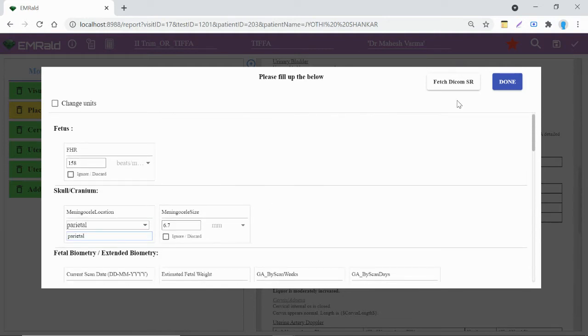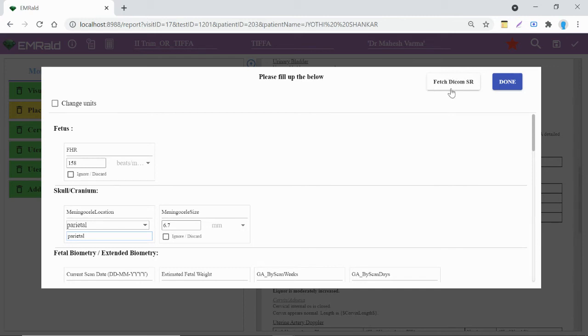And if you update any of the measurements, because in certain views, in certain planes, you get a certain measurement, but then you might find a better image in which you're able to get a more accurate or a more detailed measurement, no problem. You can always update your measurements on the ultrasound machine, and each time you update that, they are refetched into the report.